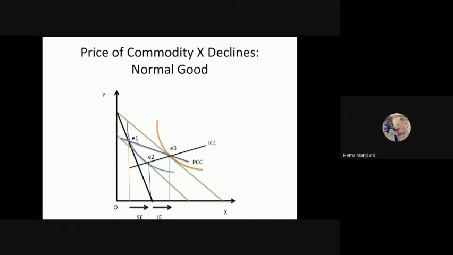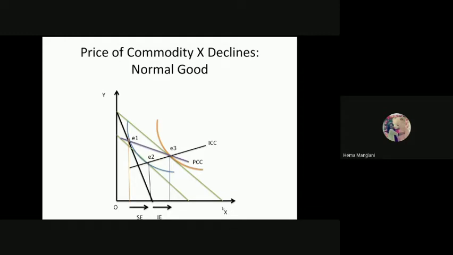Now, E1 is indicating that you are consuming more of Y and less of X at this stage. Fine. Now, what happens? There is a change in price. So the green line you would see here, there is a shift in prices. The shift would occur rightward, and it shows that the price of commodity X is reducing. Fine. So if this is declining, what does the consumer do? The immediate thing that would happen is a shift in consumption from E1 to E2.